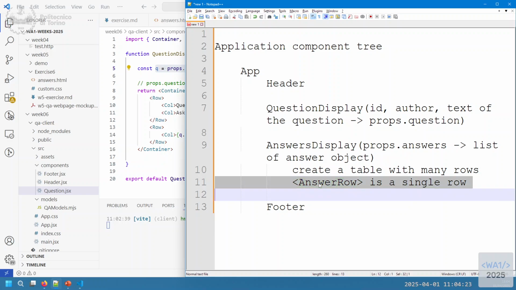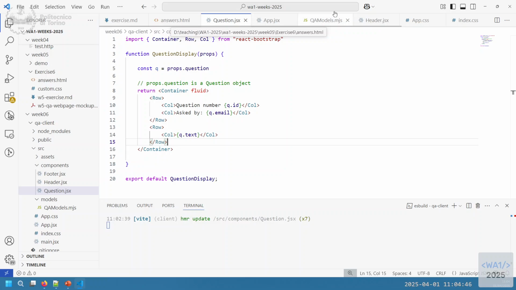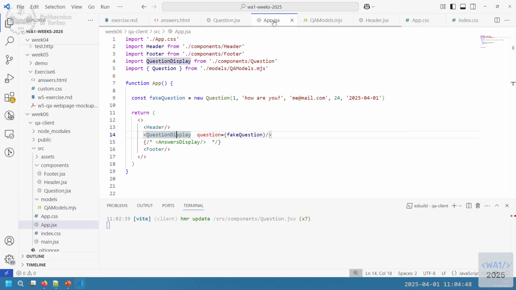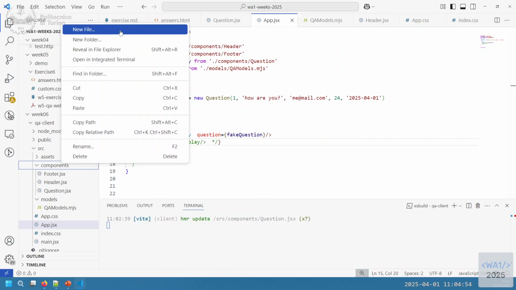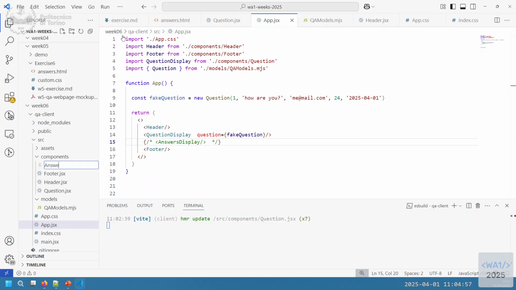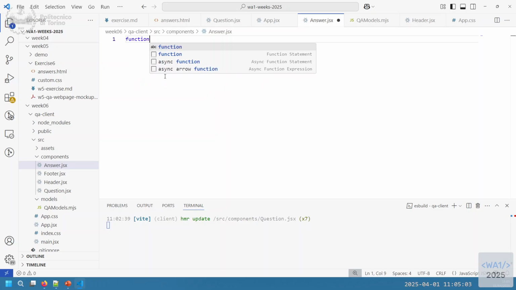So we split the responsibility for displaying the table of answers into some component that will create the framework, the main table, plus a component that will create a single row of text by navigating actually the array of possible answers. If I, for example, go here in the answers display, I can create a new file, answers.jsx, and I need to create a function. I say answer display